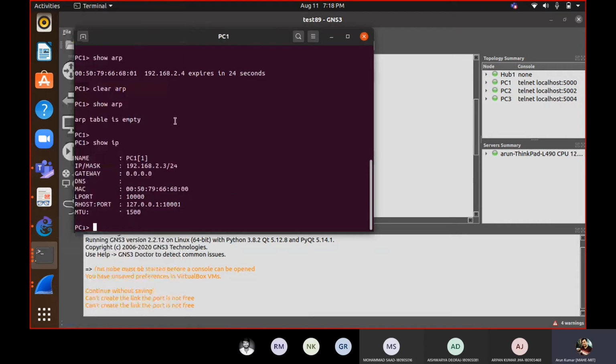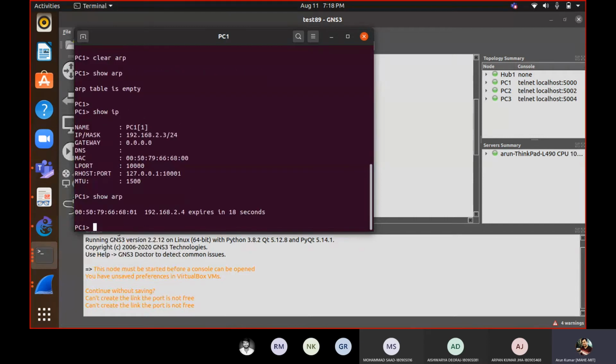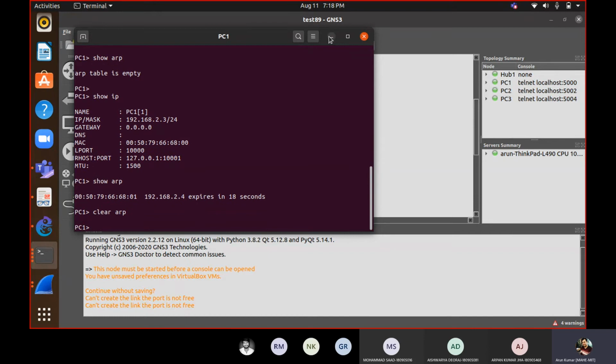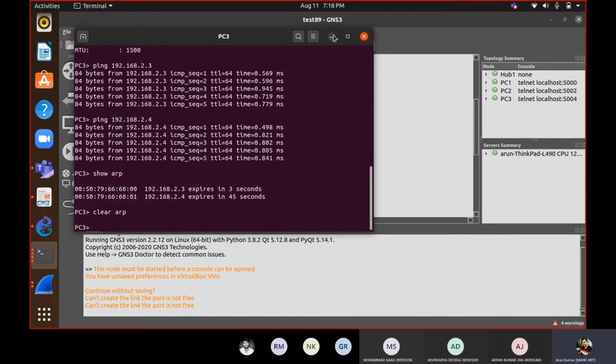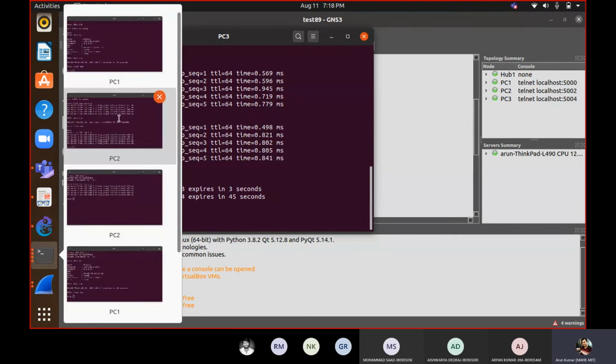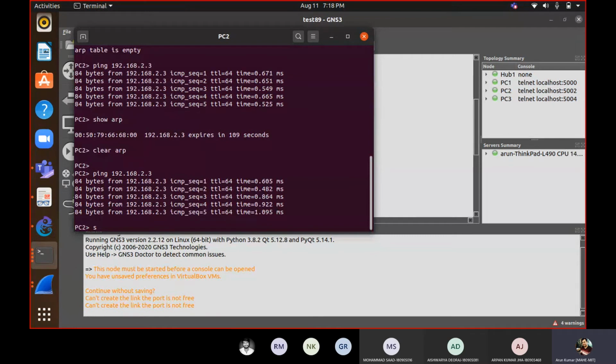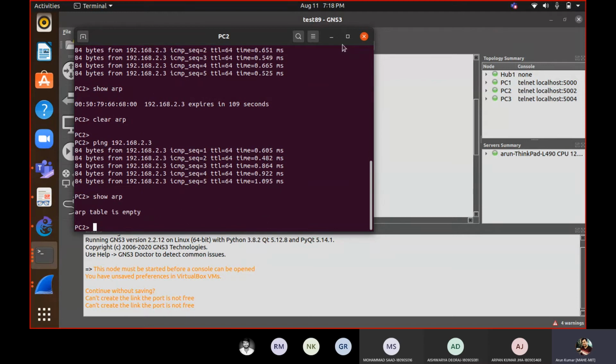PC3 we have already done. Show ARP, it is empty, so it has expired.